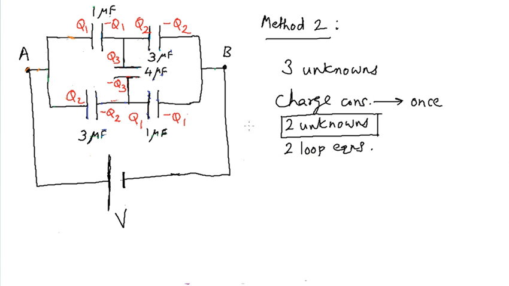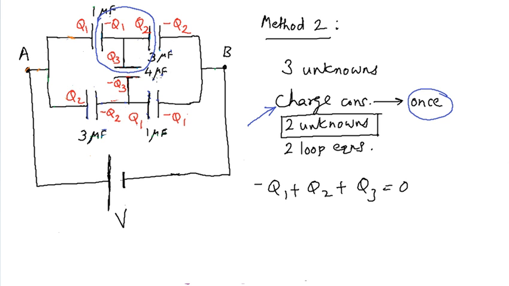The next step of course is written over here, that is we have to apply charge conservation equations. We have to use one equation and reduce the number of unknowns further from 3 to 2. Now if you look at this particular volume, clearly there is no possibility of any charge either exiting or entering this volume, and hence the sum total of these 3 charges, Q3, minus Q1 and Q2, must be equal to 0. So I'll write that equation: minus Q1 plus Q2 plus Q3 is equal to 0.